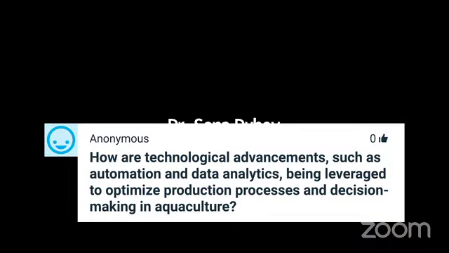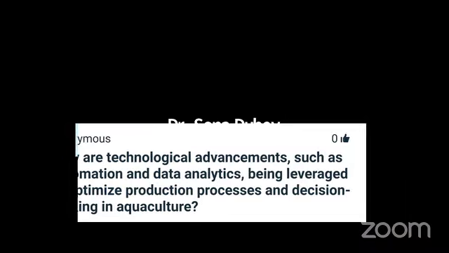Everything is now moving toward intensive kinds of aquaculture systems. Everything is monitored. There are feeders and feed plates, and automatic feeding systems for shrimp hatcheries, which are very common in Maharashtra and Orissa, where they have large Vietnamese shrimp farms. Everything is automated, like how much feed is to be given as per the stocking density. Automation is there in India also, up to dispersion of feed and things like that.